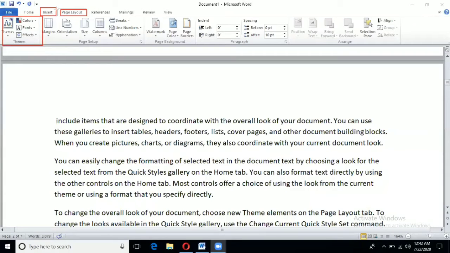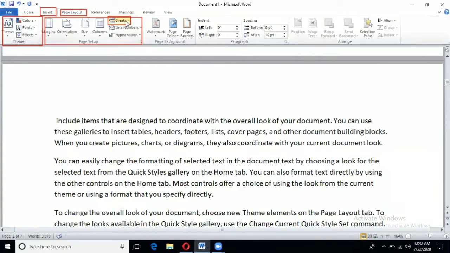You can see it here, this one. This is our Page Setup group. In this, you will click on the Breaks option.